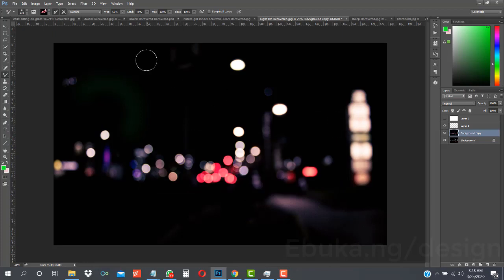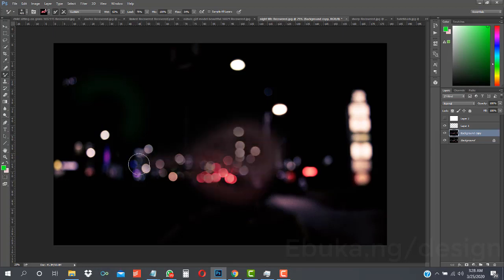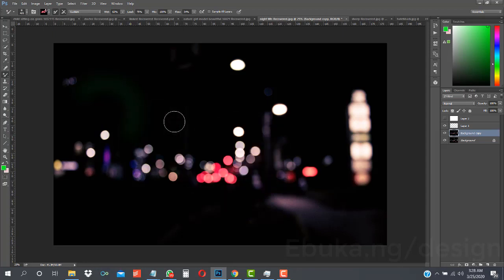So basically for the mixer brush tool, you're going to have to play around with it. Also the flow, let's reduce the flow. Just play around with your mixer brush tool. It's one of those things that although I don't frequently use it in Photoshop, it has a very interesting feature: alt-click, and then you can paint that same thing you have already picked up somewhere else. So that's really that about the